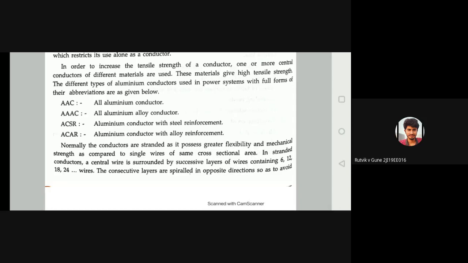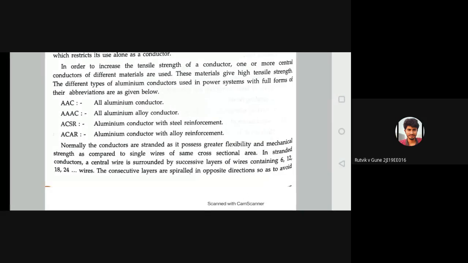Because what is used in power system is not one single conductor. There are stranded conductors, there are many conductors. Stranded conductors are electrically spiraled together, that gives less amount of skin effect. What skin effect is, we will study again later. Now, why do we use stranded conductors? To avoid skin effect. The skin effect is reduced due to the use of stranded conductors.